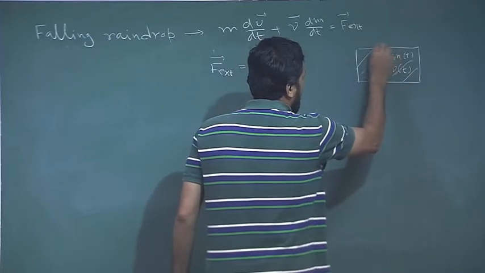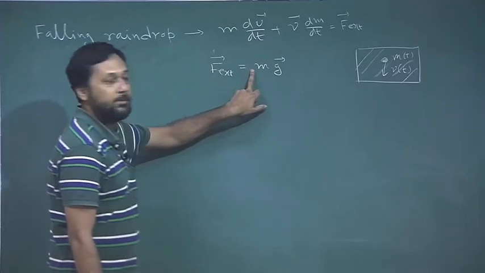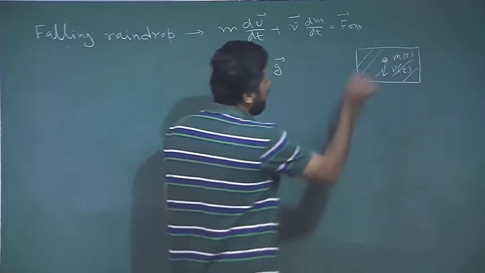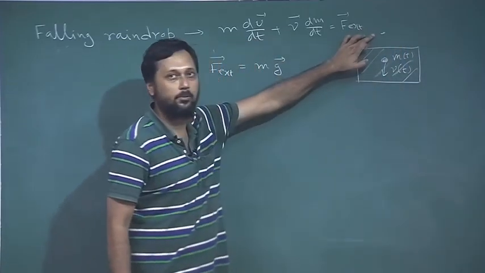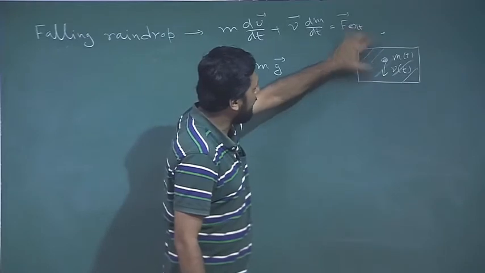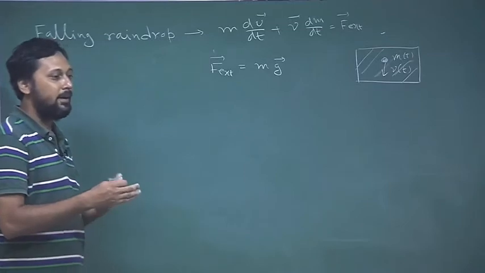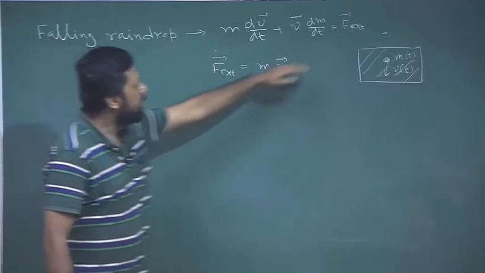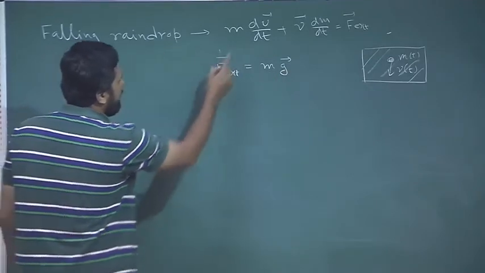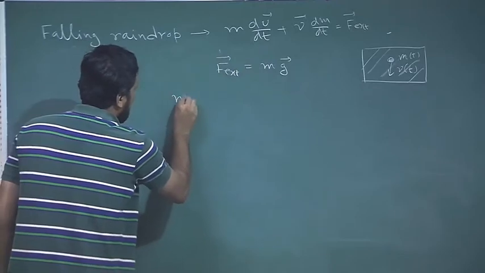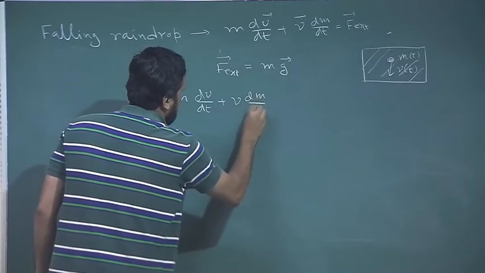Now, where is our origin here? If we place our origin down here, then there is a negative term coming. But for this problem, let us set the origin somewhere up here. We do not care where exactly it is, because we are not planning to give you an exact measure of the distance. We are just trying to construct the equation and get an idea of the terminal velocity. So, we assume that it is up here, so this g remains positive. So, the final equation, if we remove the vector, will simply be m dv/dt plus v dm/dt